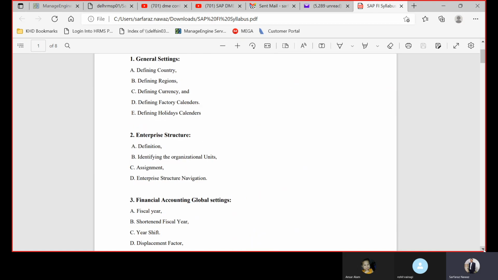I will explain in the system how to create the company code, starting from the org structure. So let's start the org structure from the next session. I'll request you all that we connect every